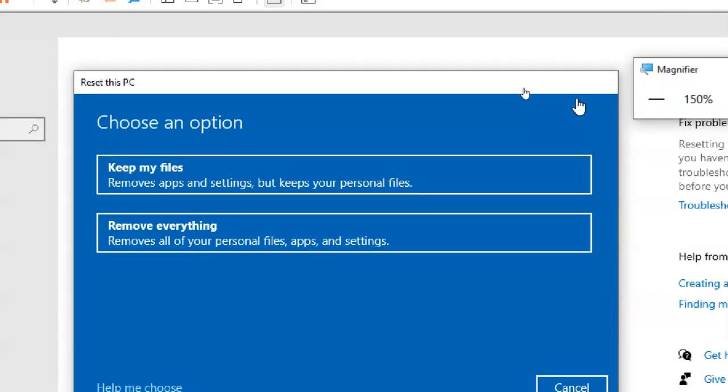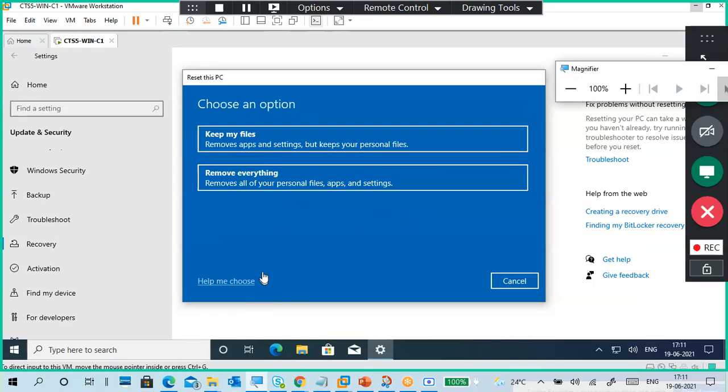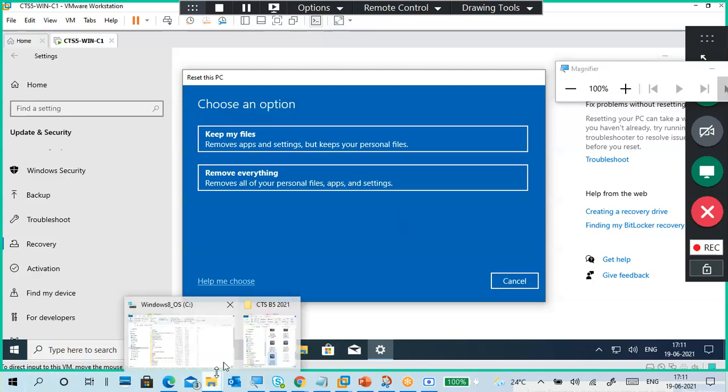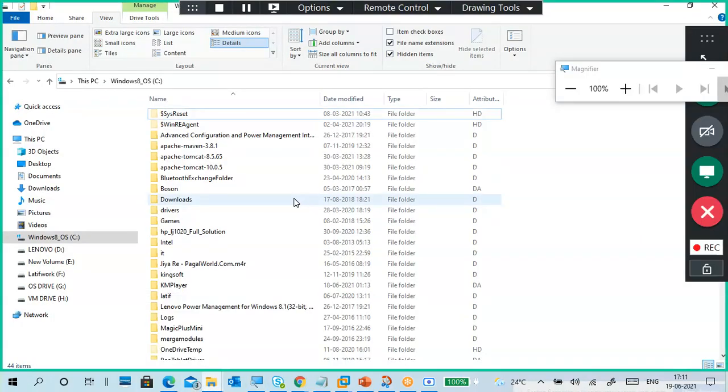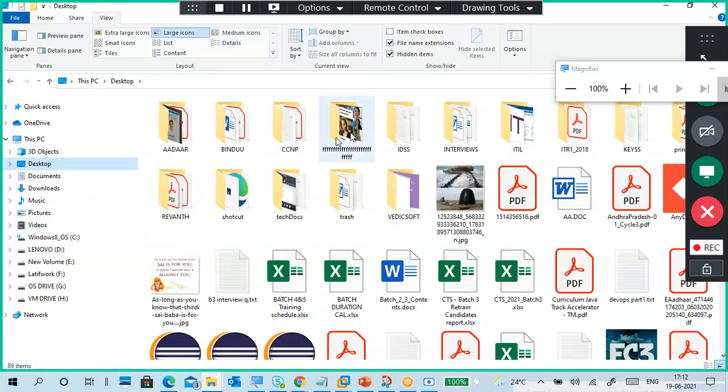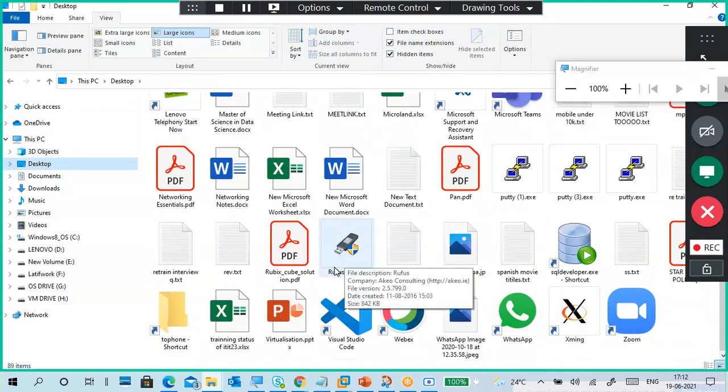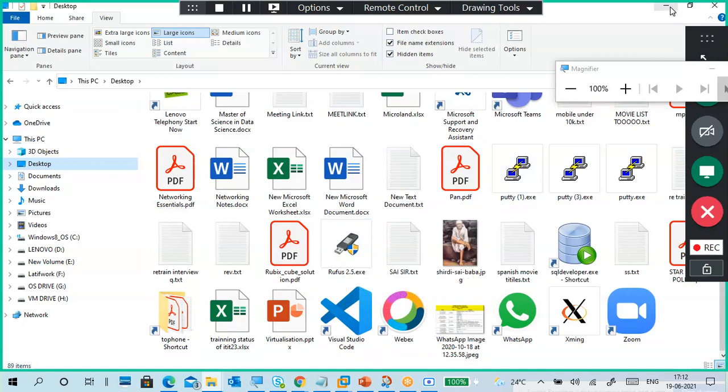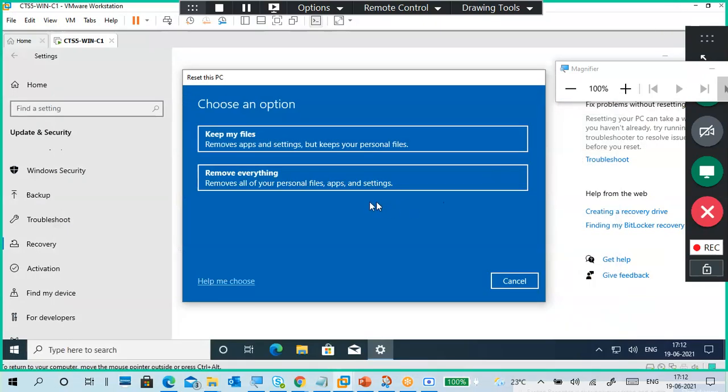Yeah, this is the virtual machine. Earlier I showed my personal data, the profile data. That is the physical machine. This is the virtual machine. Okay, sir, I will show you again. This is my laptop. This data only, this is my laptop. The virtual machine doesn't have any data now, so that's why I opened this one.